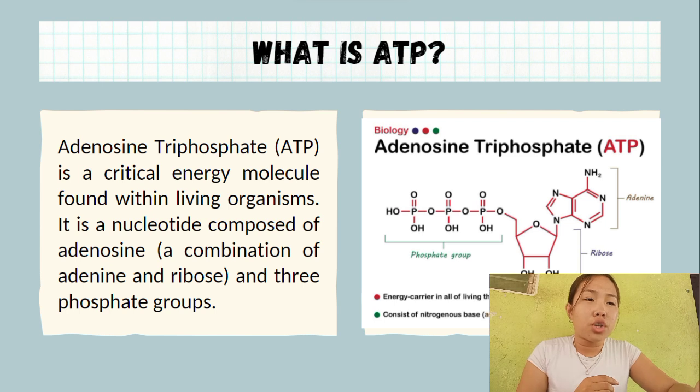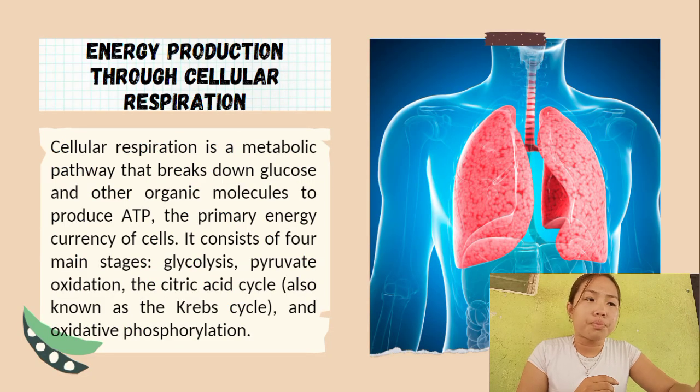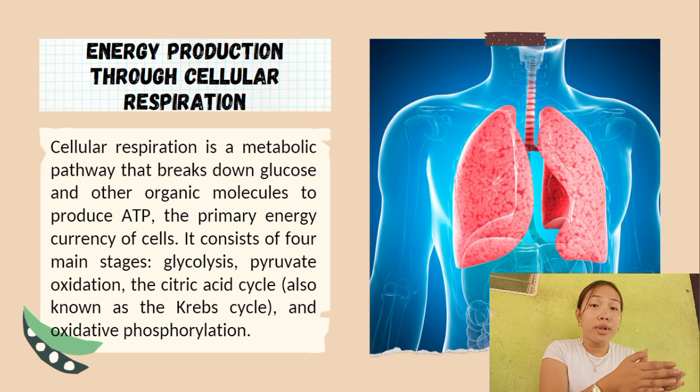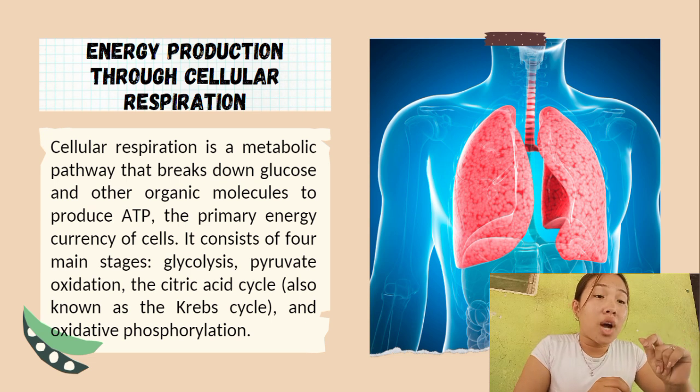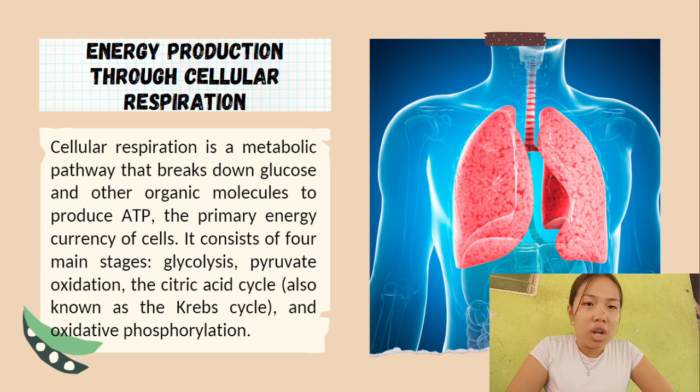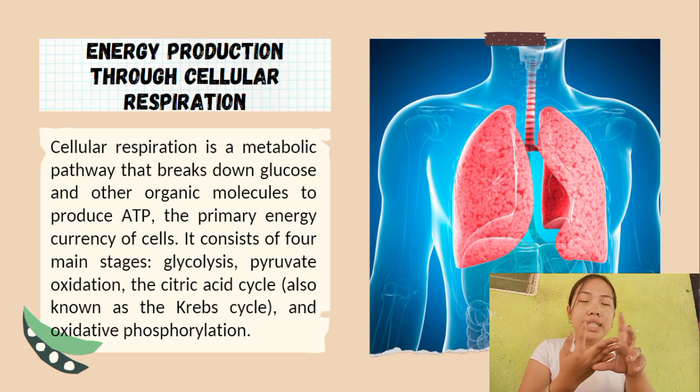So now, energy production through cellular respiration. Cellular respiration is a metabolic pathway that breaks down glucose and other organic molecules to produce ATP. So the energy production through cellular respiration is converted to ATP. ATP is the product of energy production through cellular respiration. It consists of four main stages: glycolysis, pyruvate oxidation, the citric acid cycle, also known as the Krebs cycle, and the oxidative